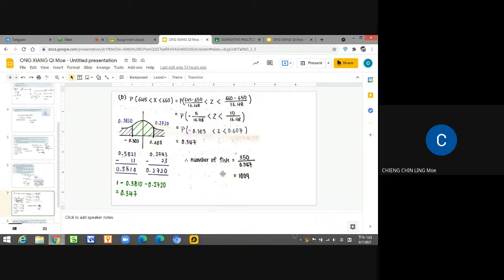Thus, the total number of fish in the pond can be determined by using the formula of probability. By using the outcome 315 divided by the probability of the outcomes, which is 0.347, the total outcome is equal to 1009. Thus,